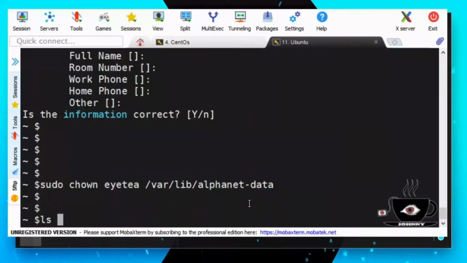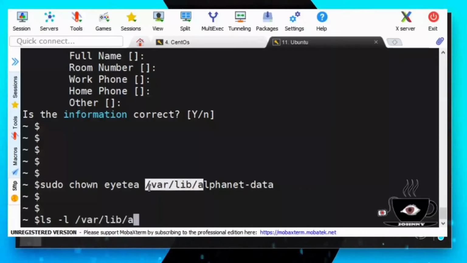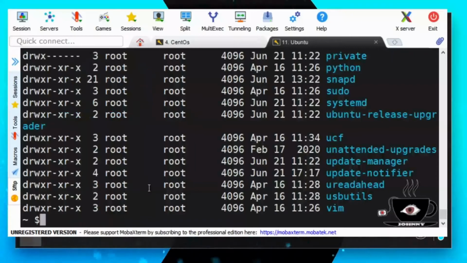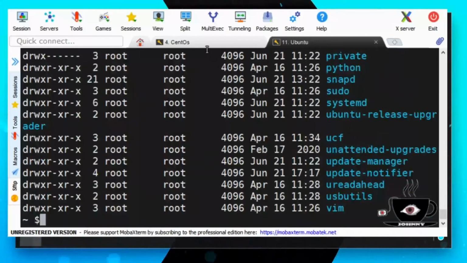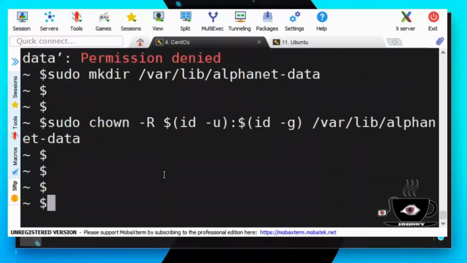We can do ls -l, and we'll do this right here. And it should show all the users for this system. Now let's find our folder. Alright, here we go. So as you can see, IT is now the user who owns that particular folder. Alright, and if we do it on CentOS,